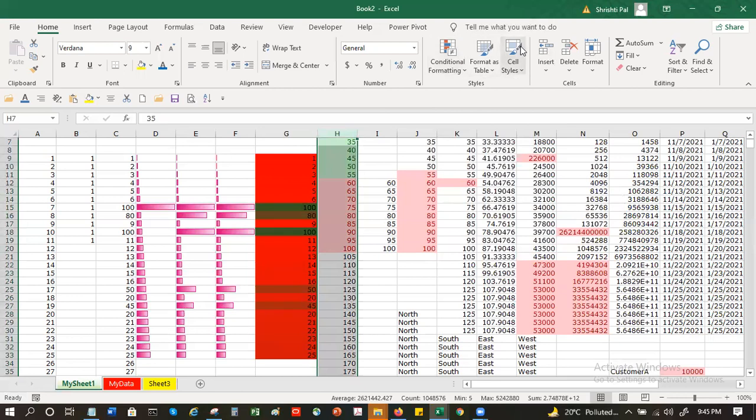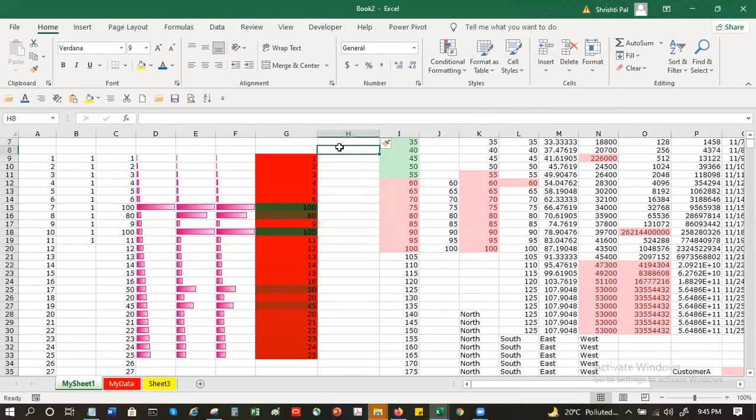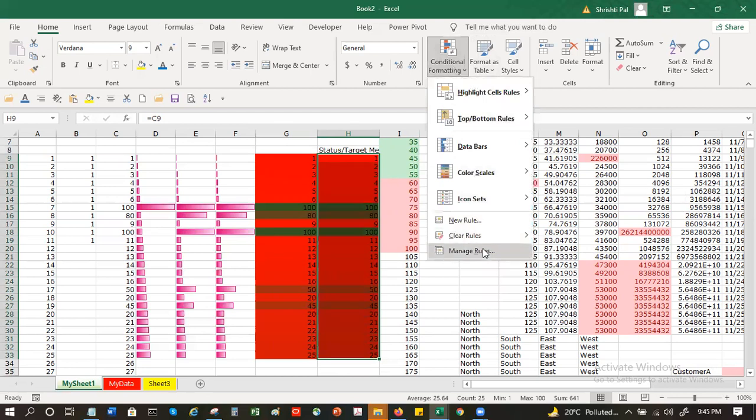Now, another very popular way to use conditional formatting is, suppose you are doing a reporting status or you are highlighting targets, target met, something like this, right? So again, I will have some numbers here. Let's say again, I'll take it from here. Clear the formatting.